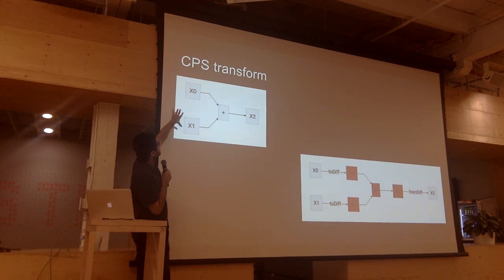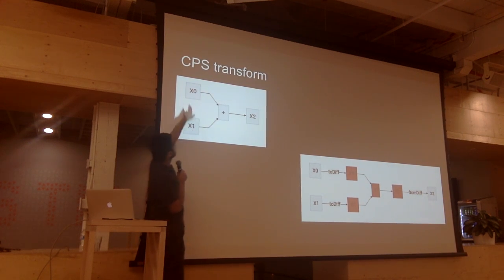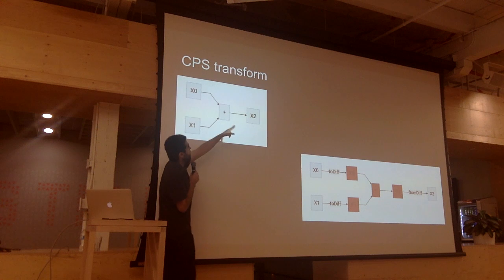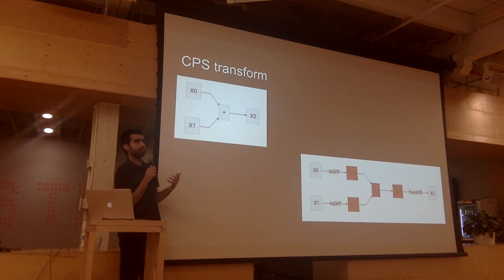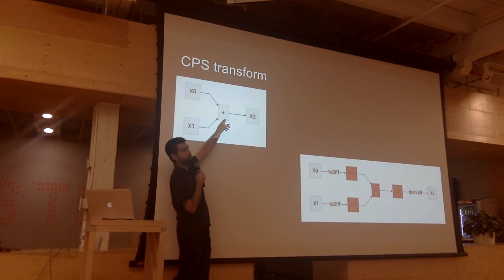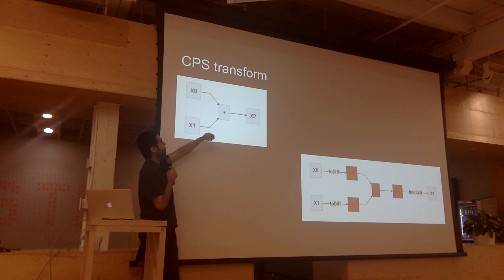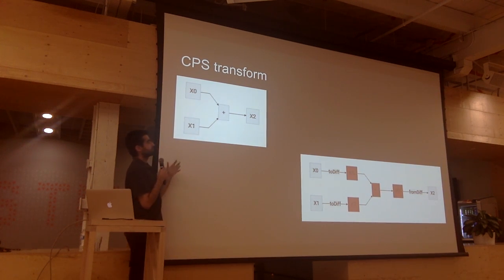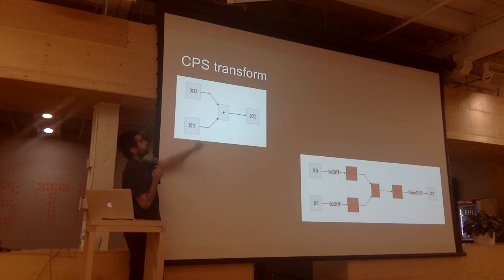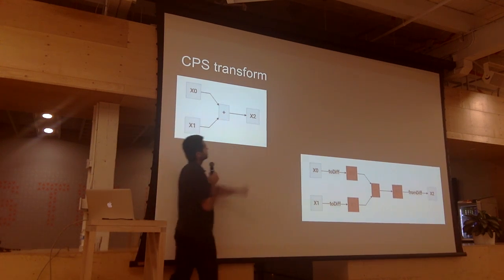In this case, I have x, and x0, x1, x2. The x stands for the base data type that I'm using. This is my base type. 0, 1 is simply giving different numbers for the different arguments. This is my operation, my associative binary operation, and this is my output, right? So if my base type is list, this may be a list, this may be a list, this may be a list, this may be a list.